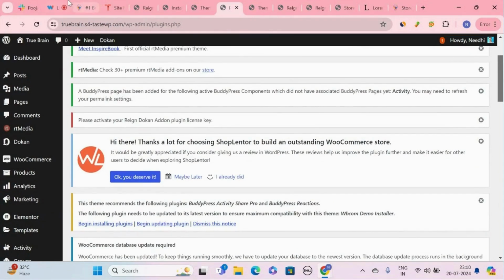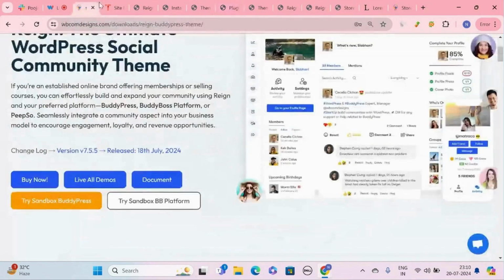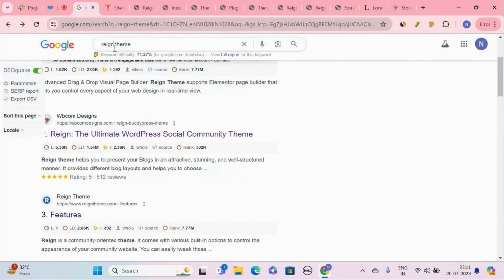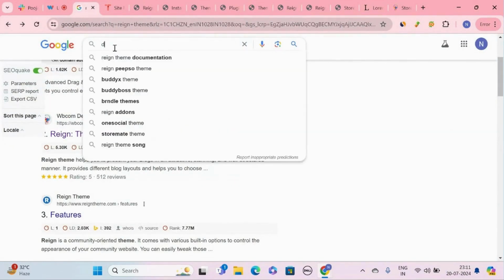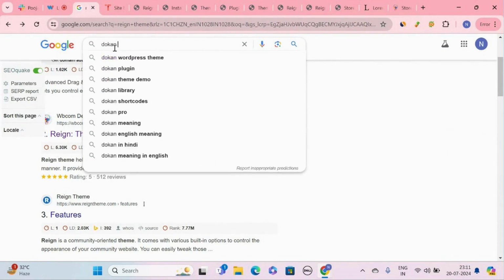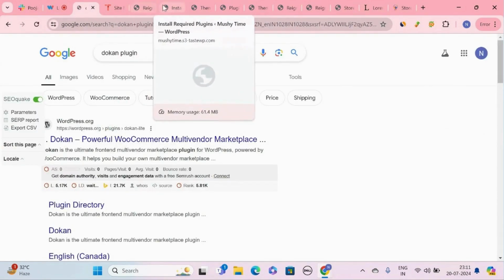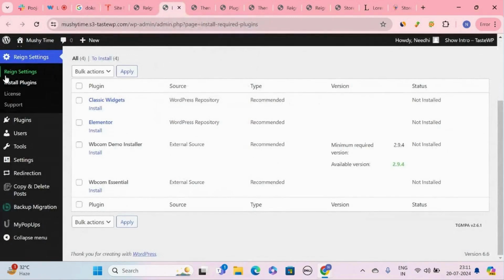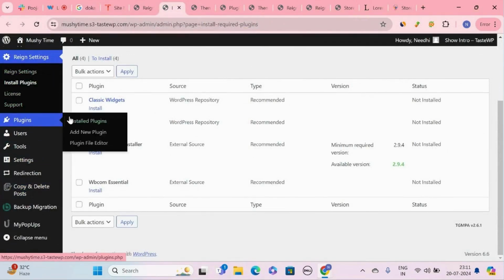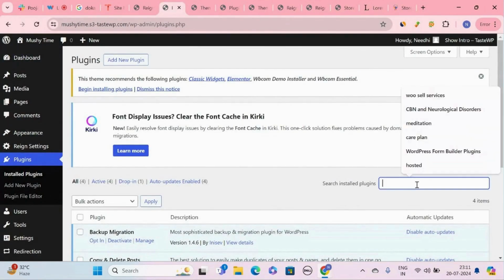Next you need to Google the Dokan plugin, or you may install the plugin directly from the backend of the website as well.